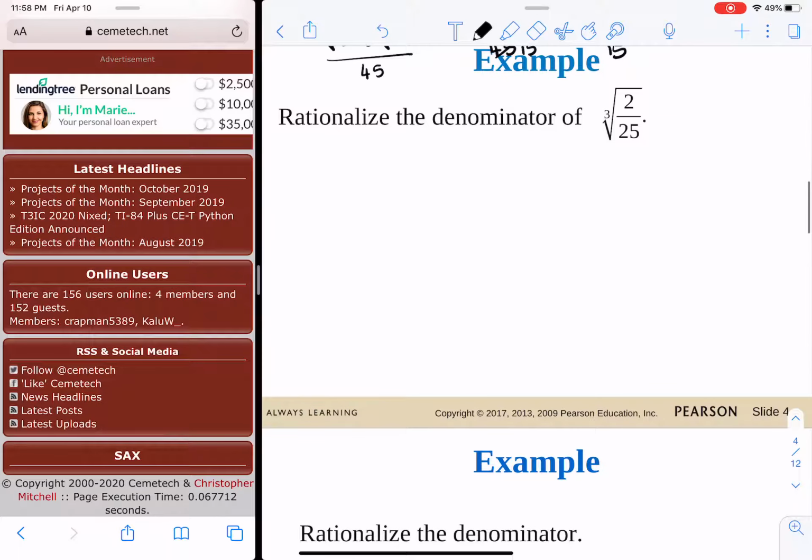So now we have the cube root of 2 divided by the cube root of 25. In this case, if we want to get rid of the denominator root, we have a cube root. So what we have to do is we multiply and divide by the cube root of 25 one more time,